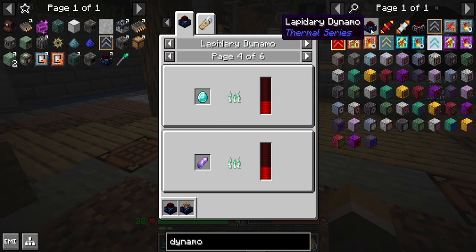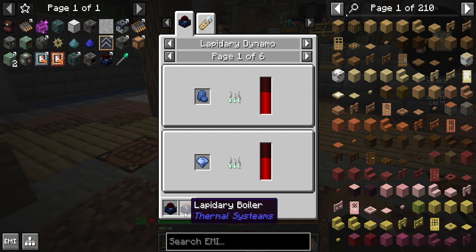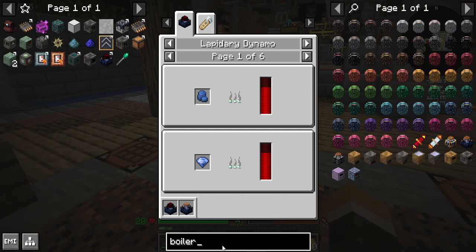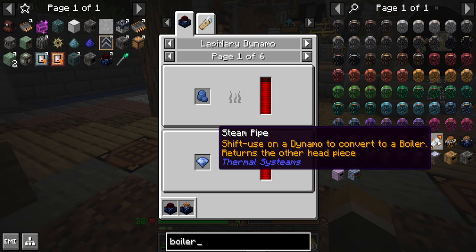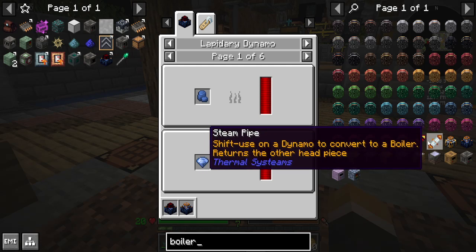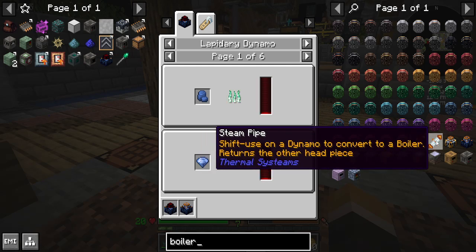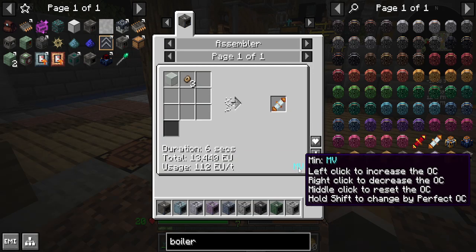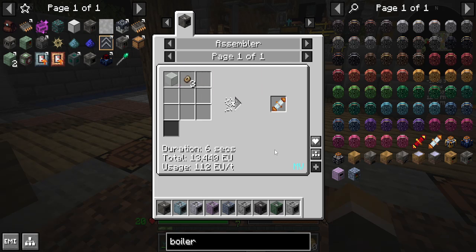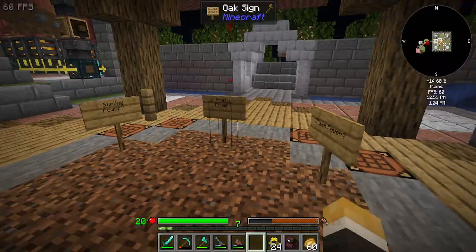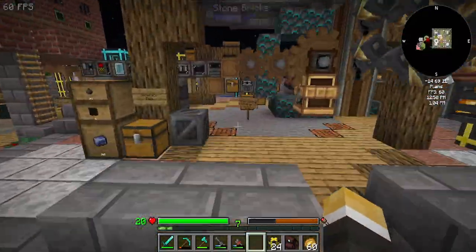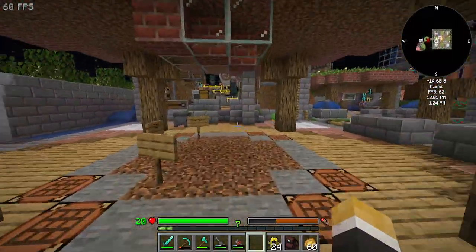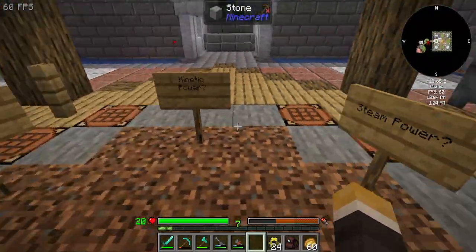I don't know. But the thing is, we can also take this lapidary dynamo and make a lapidary boiler. And I think we do that with shift use on a dynamo to convert to a boiler. Returns the other headpiece. Oh, we can't do steam power. Here I had myself all set up for that. All right, well, that's disappointing. I'm almost tempted to move on, but we're going to see what we can do on this front